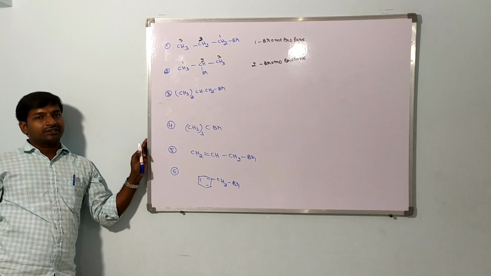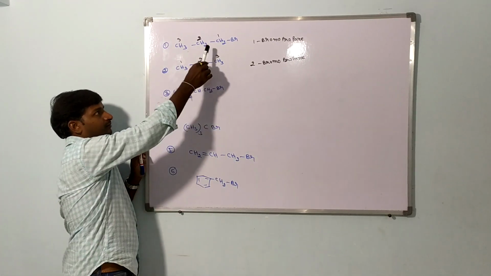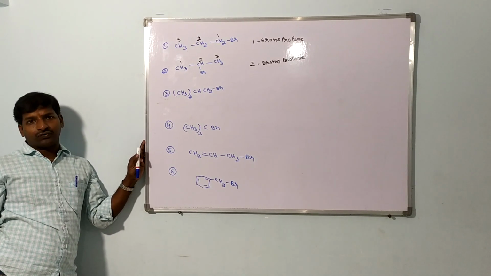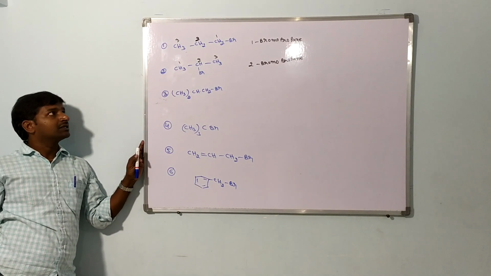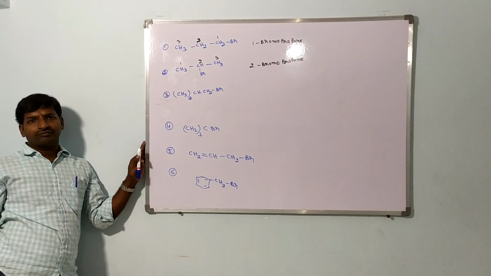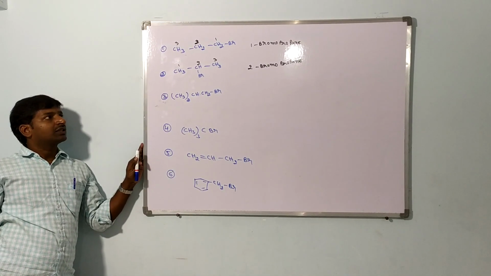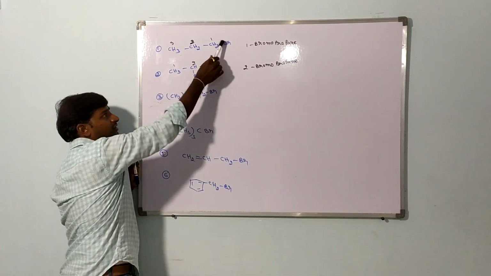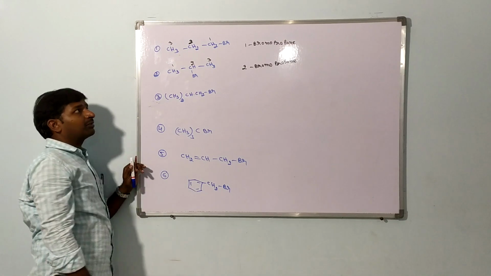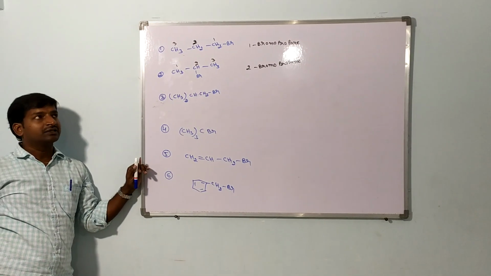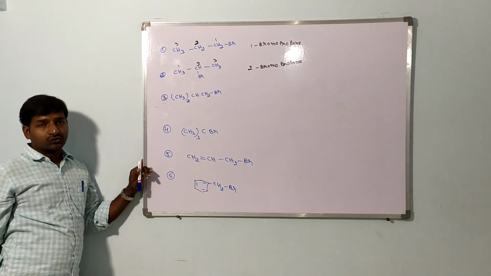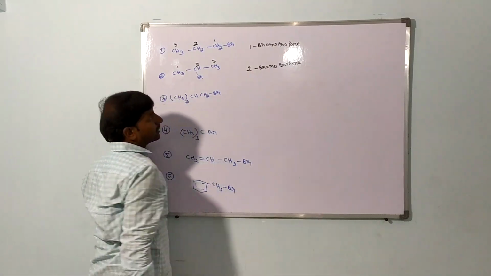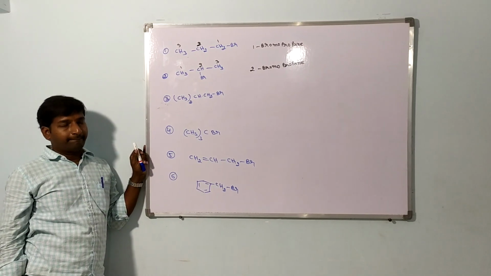Isomers are nothing but compounds that contain the same molecular formula but differ in the substitution position or structure. Here the bromine position is different, but both contain the same number of carbons, hydrogens and halogen. So these two are isomers. These two are the IUPAC names. Now let me see the common name.